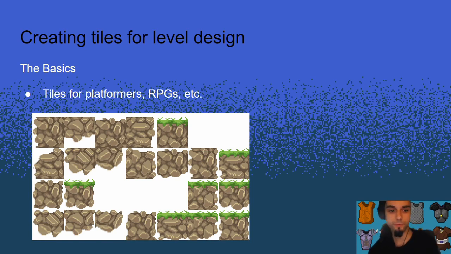Tiles are very good for building platformers, for building RPG type of games. I've also seen them used for first-person shooters, for strategies, everything that can have little cubes or hexagons or octagons or whatever, you can more or less make into a tile type of design. We're going to talk, of course, about square type of tiling today,